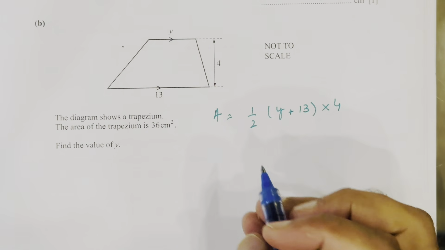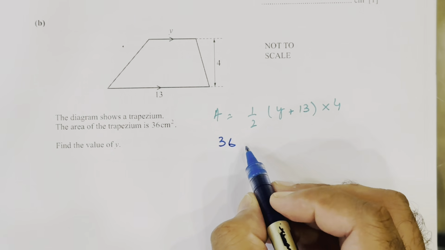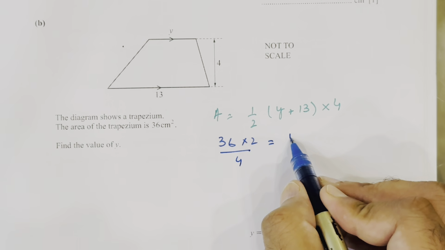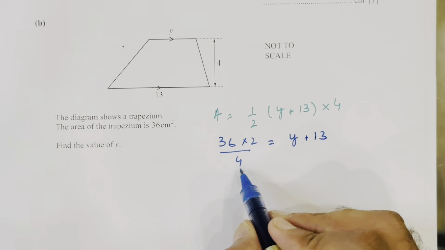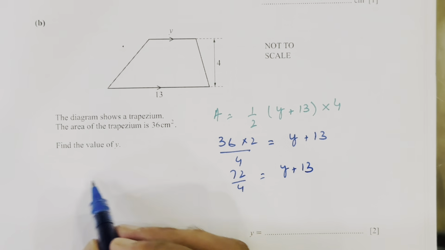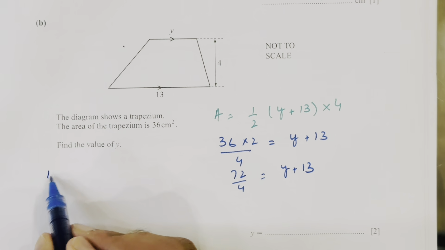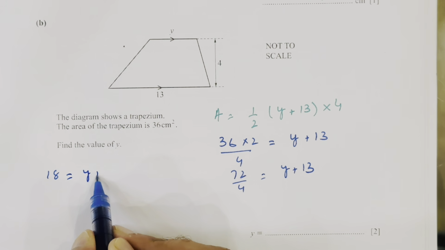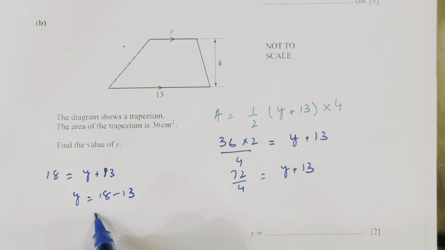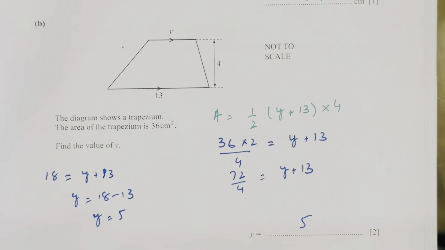And the area of the trapezium we already know is 36, and 2 we're going to multiply over here, and we're going to divide by 4. Y plus 13, 72 by 4, the answer would be 18, y plus 13, then y is equal to 18 minus 13. We get the answer y is equal to 5. And if it is in centimeters, we will write centimeter over here as well. Okay, moving to question number